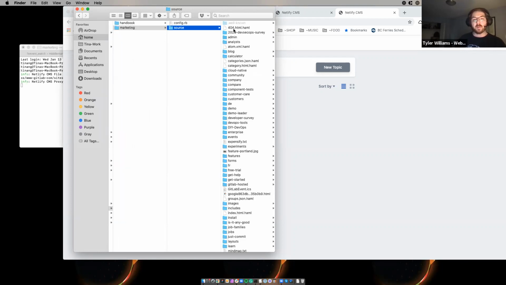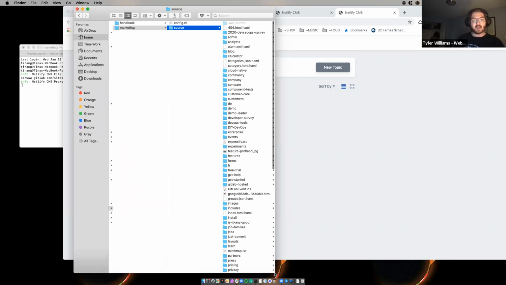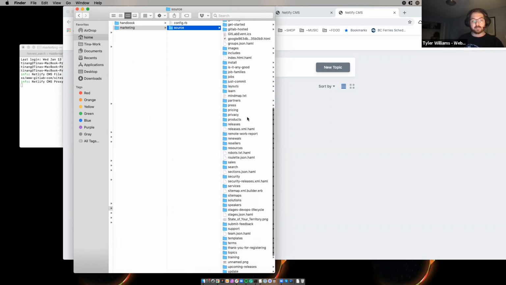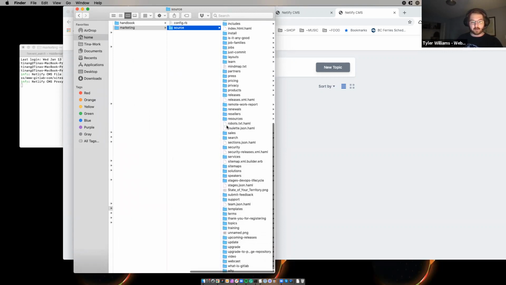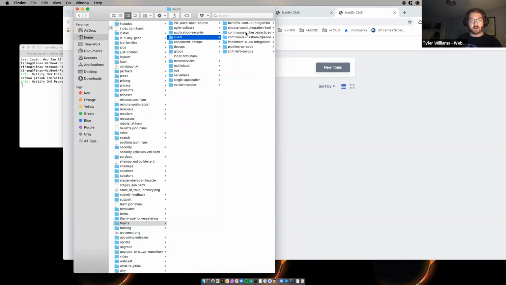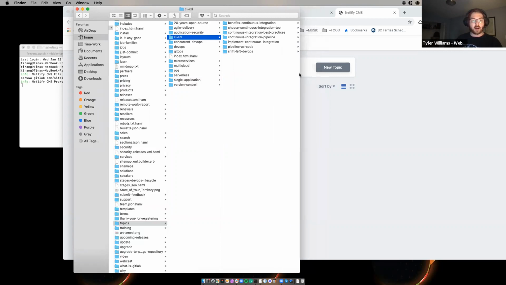And then in source, so what I expect to see is, so scroll down to topics, and then CI/CD. Right. And I have a sense that this is probably where things are a little incorrect. But basically, for anyone watching, what I expected to see is, and I can check this out on my machine, what I expected to see was